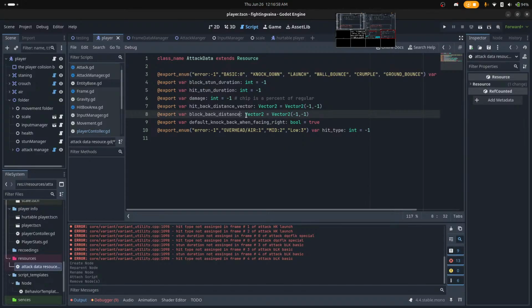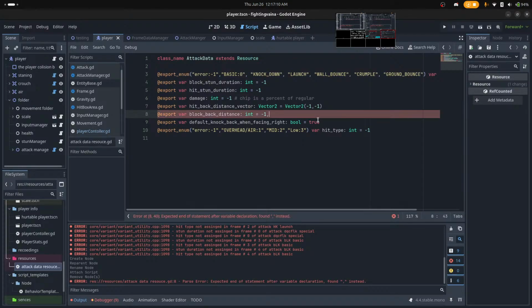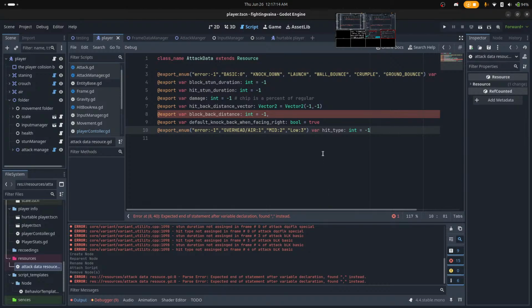And I'm gonna make this one an X component only, so just an int. Pull the icon, please. Alright, so hit back, block stun, hit stun.